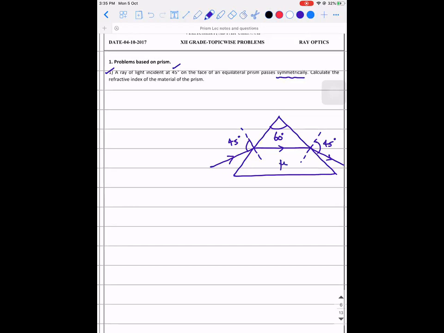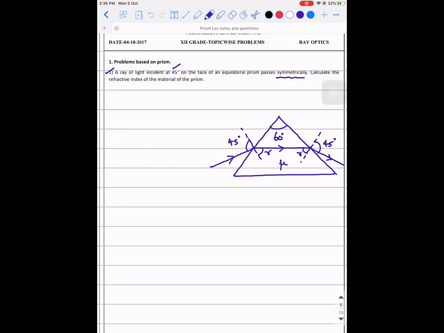How to do this? So what is the formula that we know? Mu is equal to sine of (A plus delta minimum) divided by 2, divided by sine A by 2. But according to this problem, what are all the angles that we know? I and A. You know only I and A. So if I take this angle as R, this angle will also be R, accepted. Right? If this is R, the other angle is also R. So what I'm going to do is, instead of going with the formula, I'm going to apply Snell's law, because refractive index and angles, the best application is Snell's law.